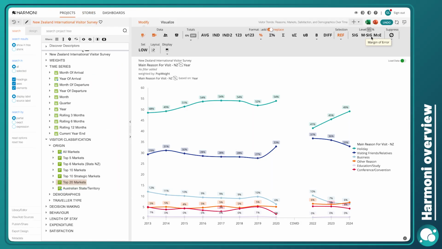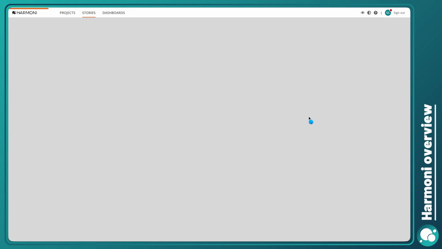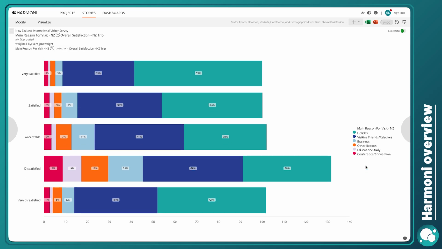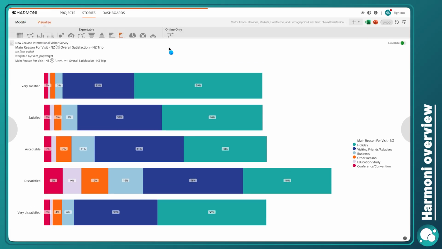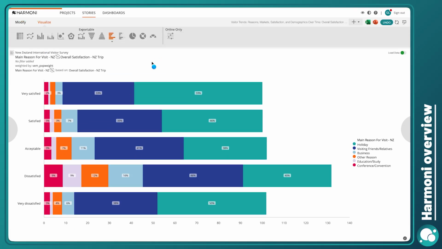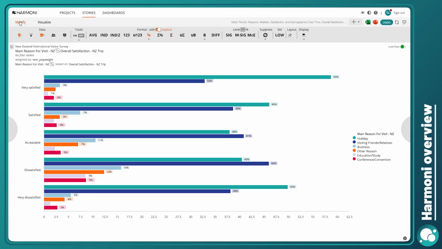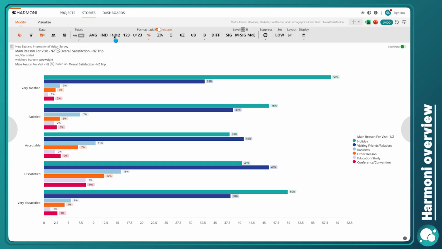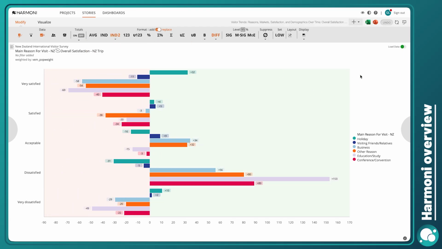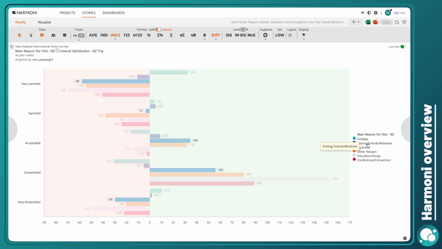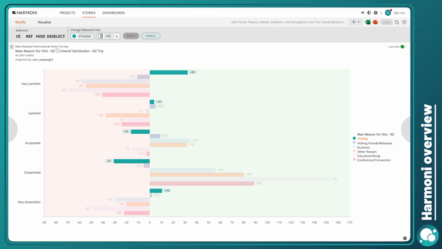So I can now load this view to the analysis pane and make some adjustments to it. So for example, I might want to change this to a horizontal bar chart as opposed to a stacked bar chart. And I might want to show double index differences as opposed to just the main results. Because then I can say, okay, if we're interested in people who are coming here for, let's just say, holiday, I can now rank this,